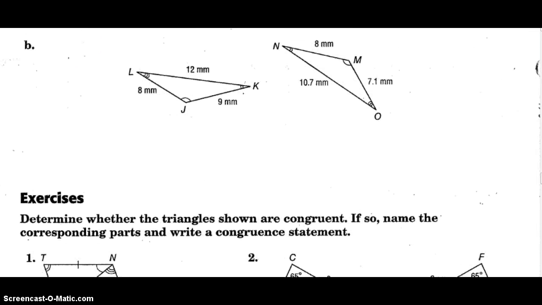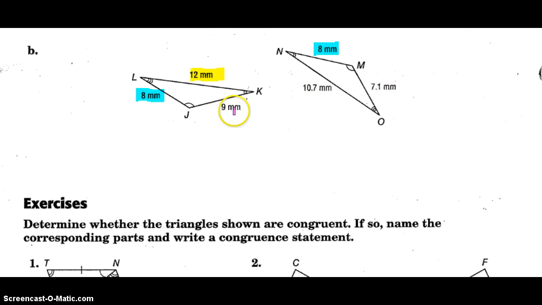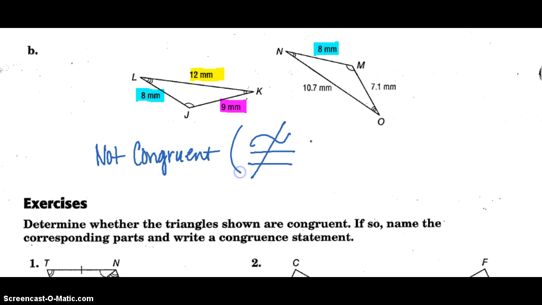Let's take another look at this one. Instead of hash marks, now we have measurements. 8 millimeters, 8 millimeters, 12 millimeters. Oh, I don't have 12 millimeters. Wait a minute. Also, when I look for another 9 millimeter, there's not another 9 millimeter. So the best thing to say about these two triangles, are they congruent? They are not congruent. So you can either write the words not congruent, or you can use the abbreviation, which